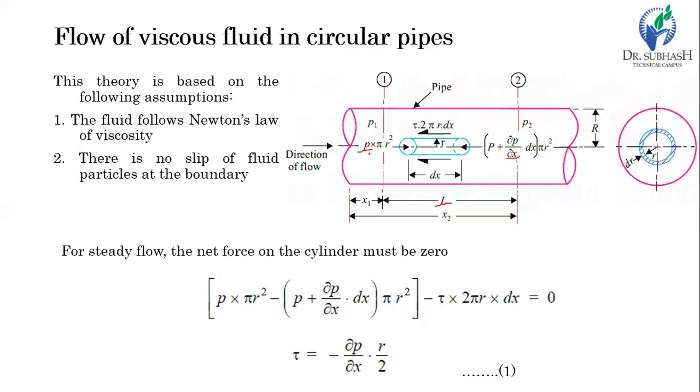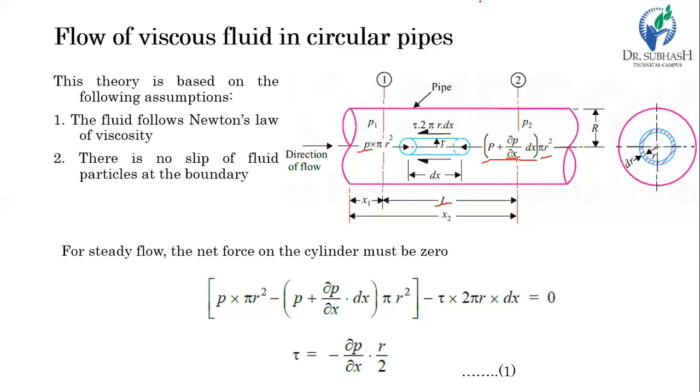So the intensity of pressure on the left hand side is P, whereas on the right hand side it is P plus del P by del X into dx. Del P by del X is nothing but the rate of change of pressure in the x direction, and it is a partial derivative here. We consider the pressure variation in the vertical direction, perpendicular to the x direction, to be neglected here. And the pressure force will be the intensity of pressure times area. So it is again pi r square, or simply pi by 4 d square.